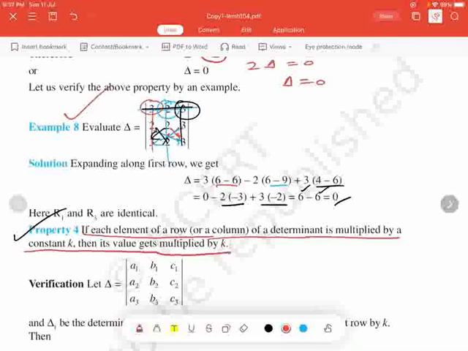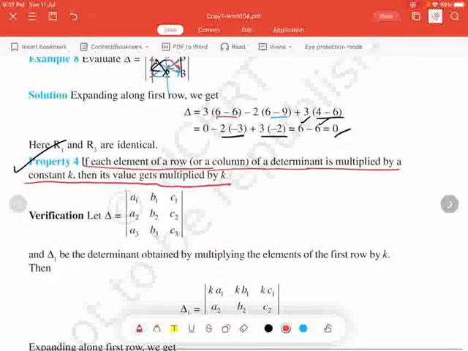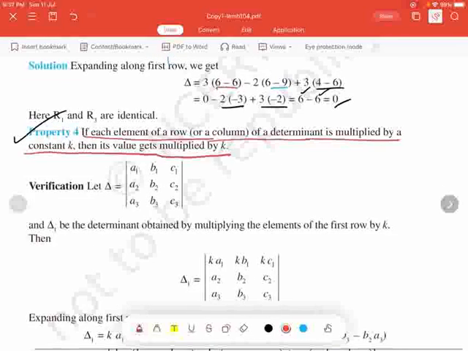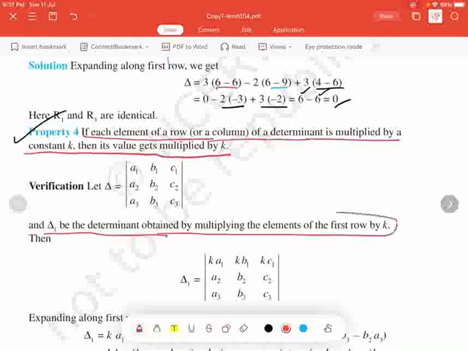We studied in matrices that when we multiply a matrix by a scalar, then every element of the matrix is multiplied by that scalar. But in a determinant, if we multiply it by any scalar, then any one row or column will be multiplied by it. So here, delta 1,